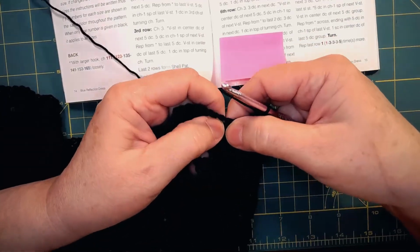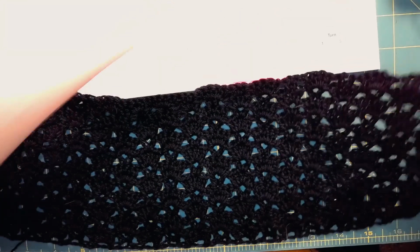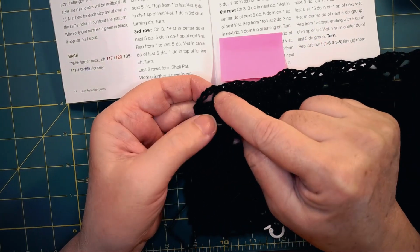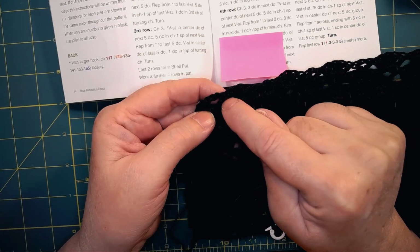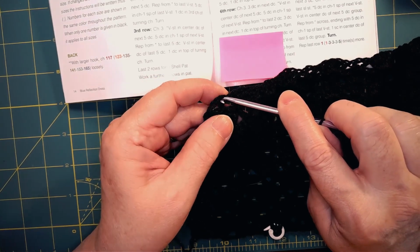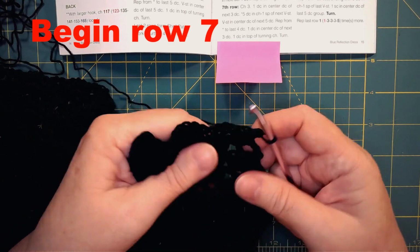And 5 double crochet in the next V-stitch and on until we get to the last 2 double crochet, which is this double crochet and this chain, which counts as a double crochet. We're going to put 3 double crochets in the top of this stitch right here, and then 1 double crochet in the top of the turning chain, and then turn with a chain 3,